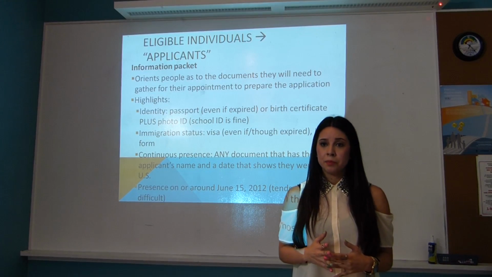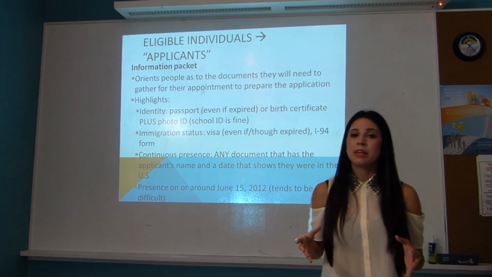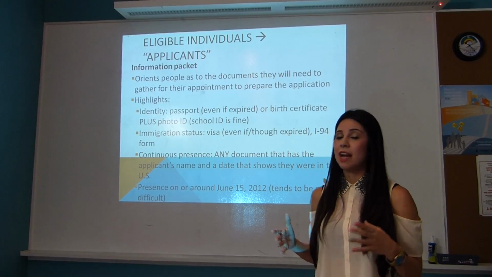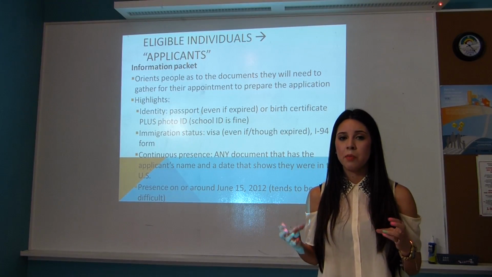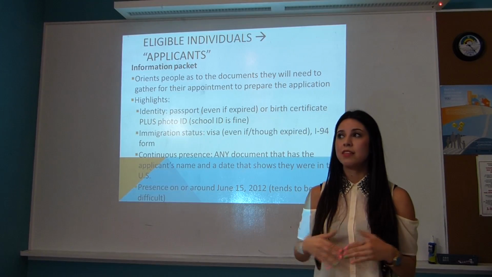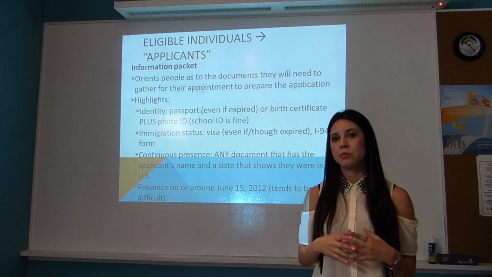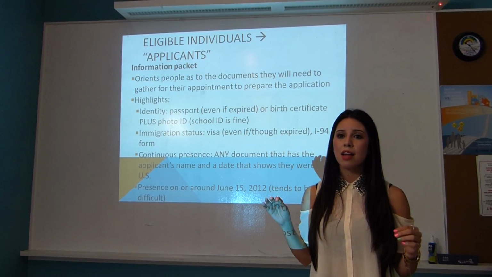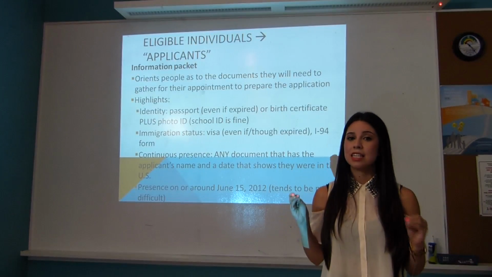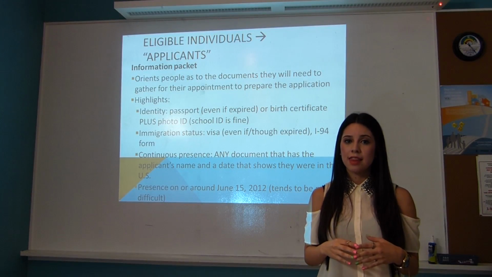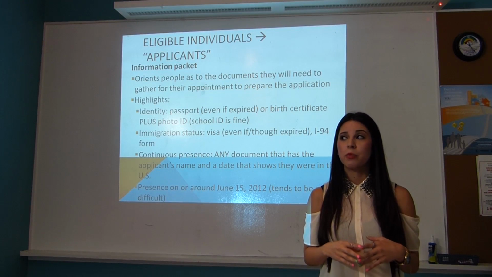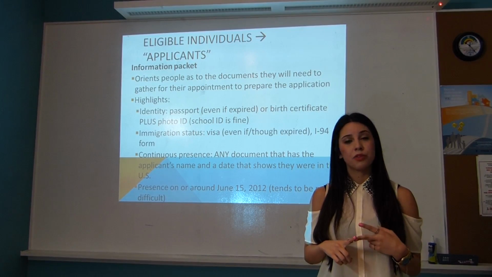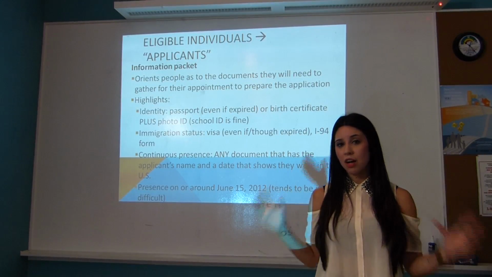After we review their intake, then we have to send them an information packet. So the applicants have to go through this information packet. This information packet is really thorough, and it comes with a checklist of all the documents that they're going to need to gather for their application. We usually do an intake and give them about 3 to 4 weeks to gather all of their documents.